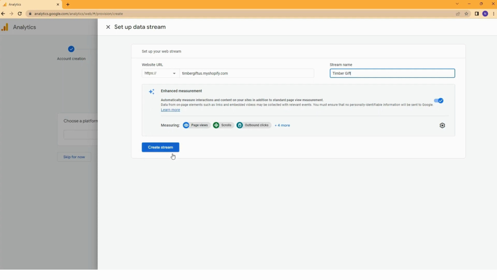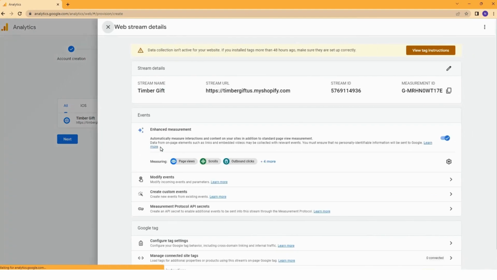Then, click the button Create Stream. You have to wait a little while for the Installation Instruction tab to